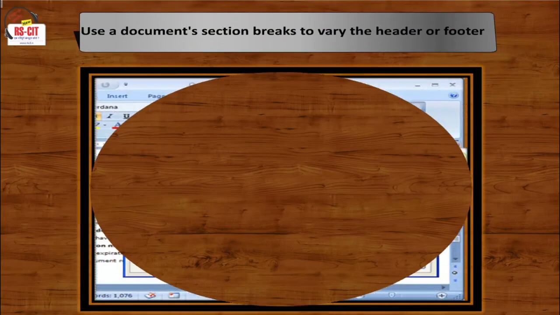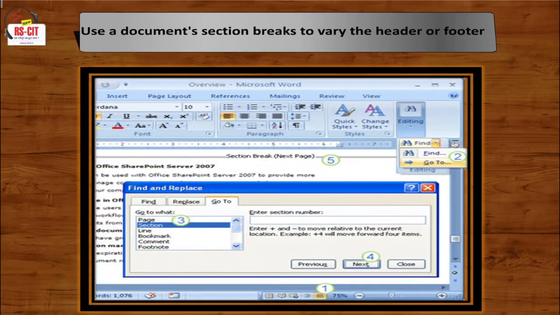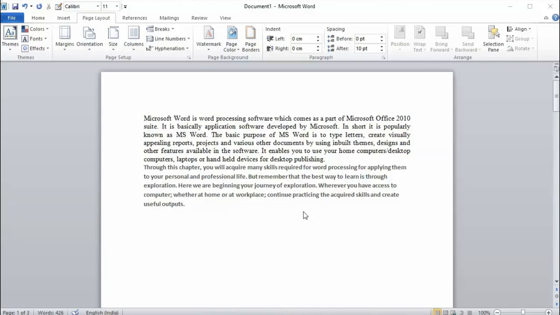Using document section breaks to vary the header or footer. If your document is already divided into sections, you can use the section breaks to configure headers and footers. Starting at the beginning of the document, click in the first section for which you want to vary the header